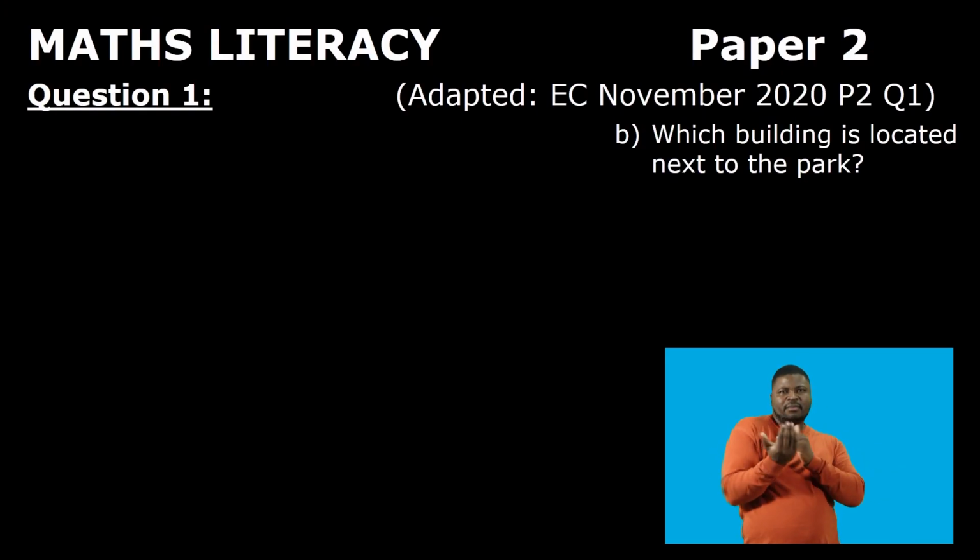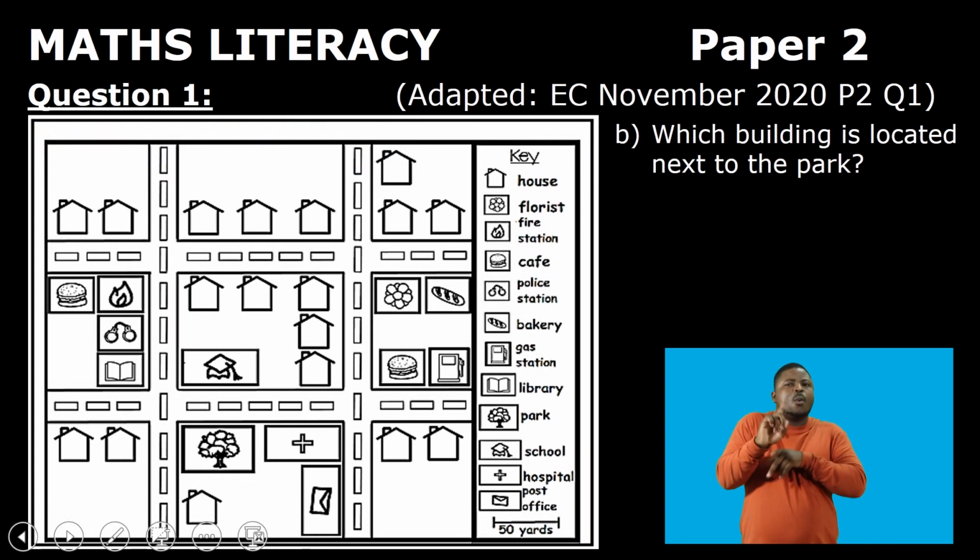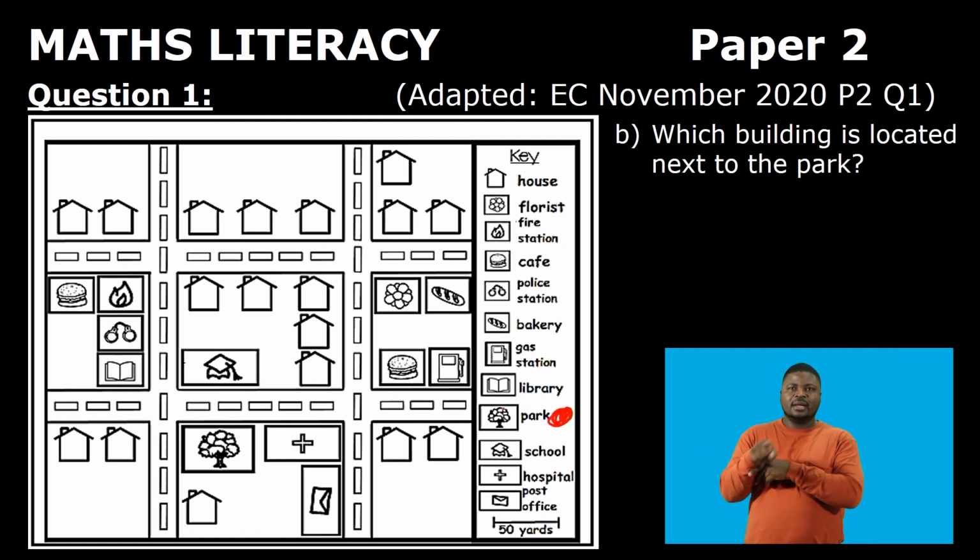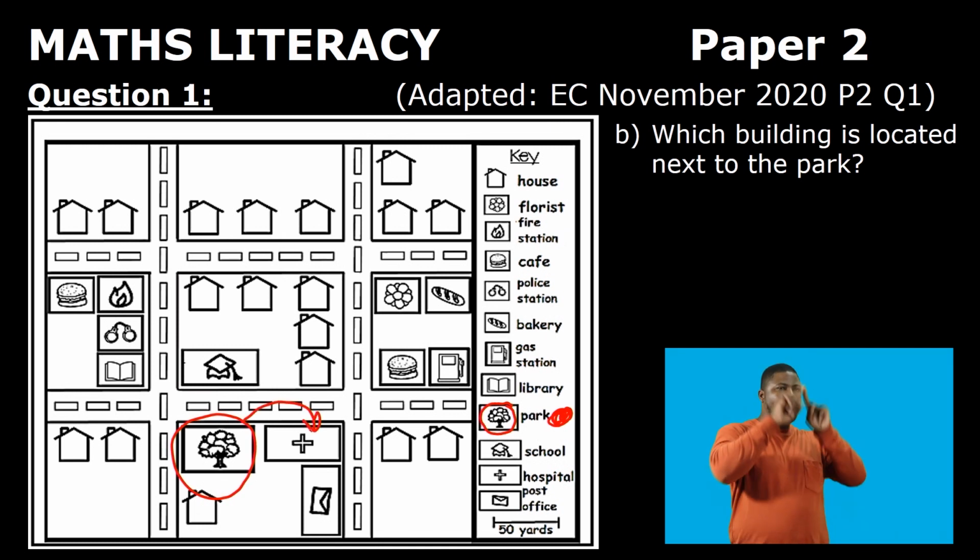Which building is located next to the park? So now the first thing that you will do here is we will go and identify the park. We can see according to the key, the park is a tree. So there is the park. Located next to it is a